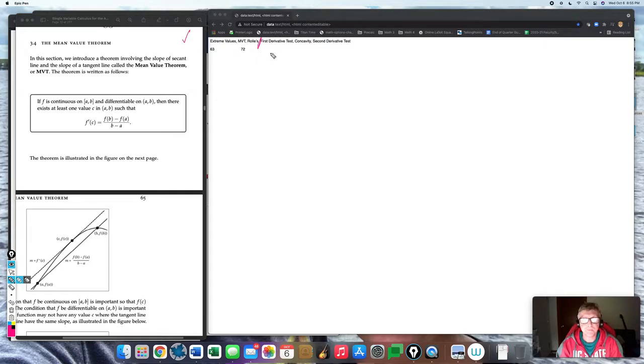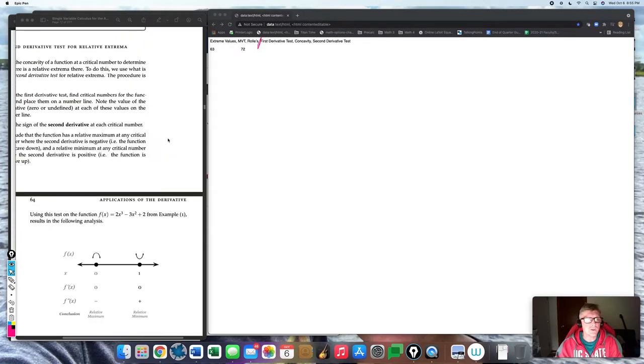But the first derivative test, concavity, and second derivative test, we'll do more of that next week. I do want to talk about that a little bit, though, just to give you a preview of what all this stuff is and why we're learning it. Okay, so just a really brief overview of what we're going to talk about. And it really has to do with,